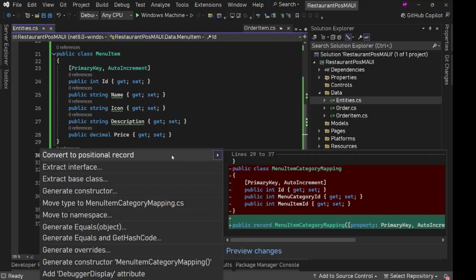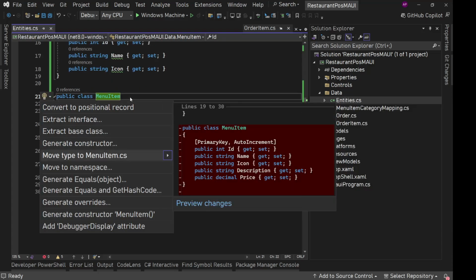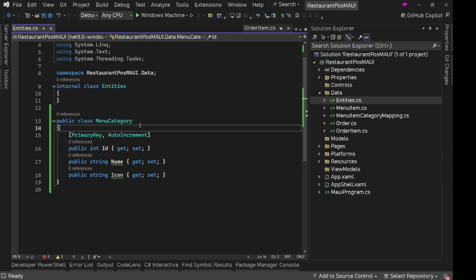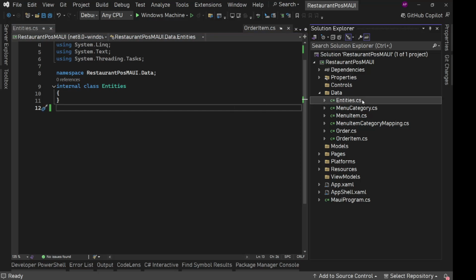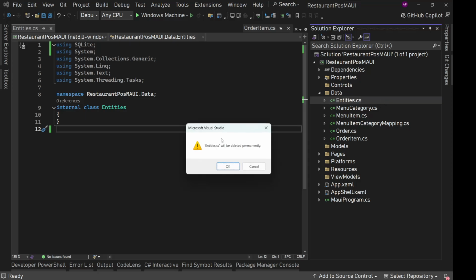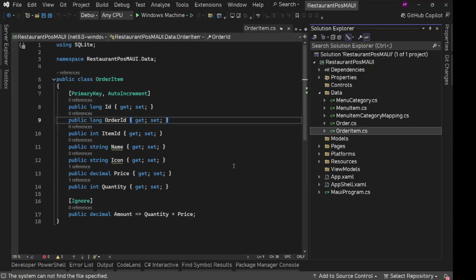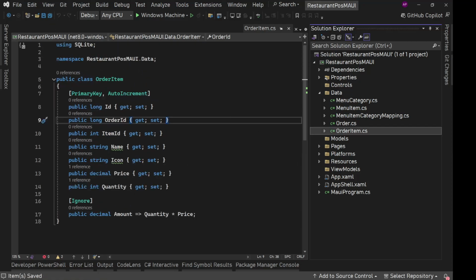Menu category mapping, menu item, and menu category. Now we don't need this entities class because this is blank. We are not using this. So let's delete this and we are good now. All right. Now we can start working on our main database helper file, or maybe before that we can have